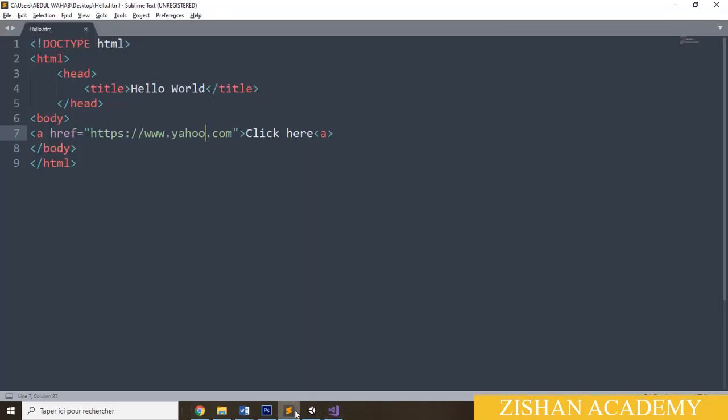Relative URL means linking the file in the same website. Just like I am going for here, suppose I want to link to the same website. Suppose I want to link to about us.